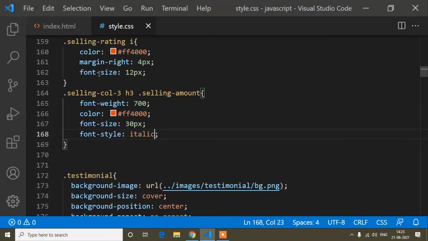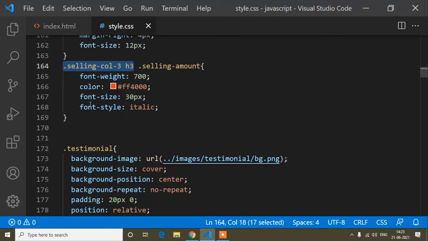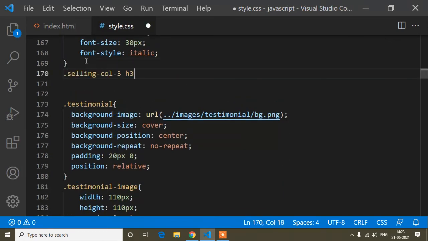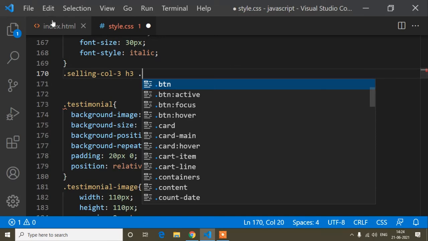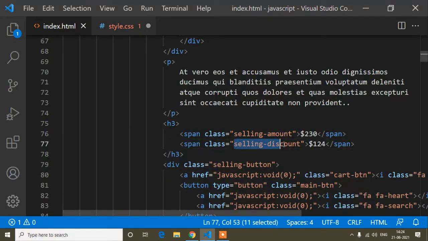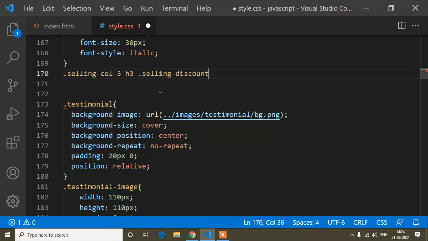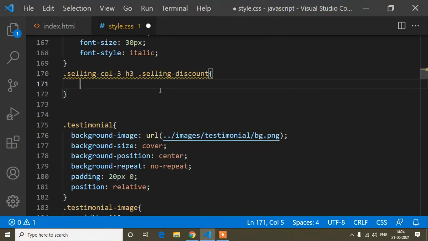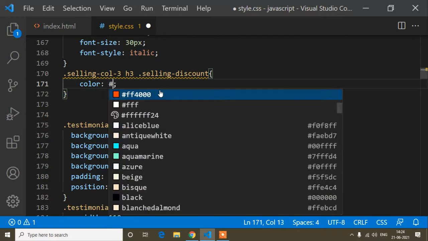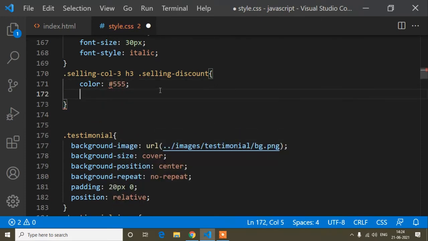Now I will add the design for this one. Okay, so I will copy up to the h3 tag, and just here I will paste and a dot, and inside this h3 tag there is the class that is selling discount. Now here, first of all I will add the color, this color code.